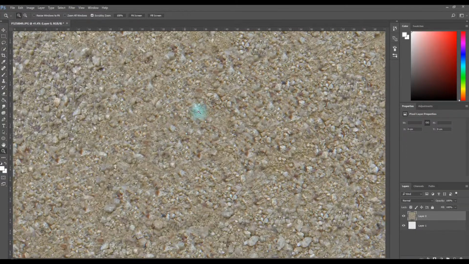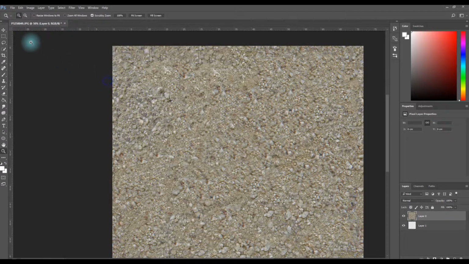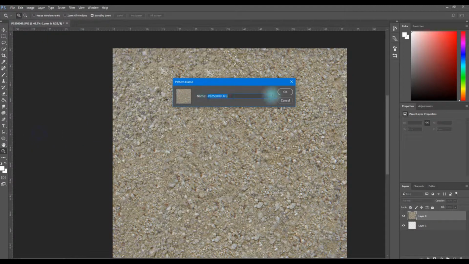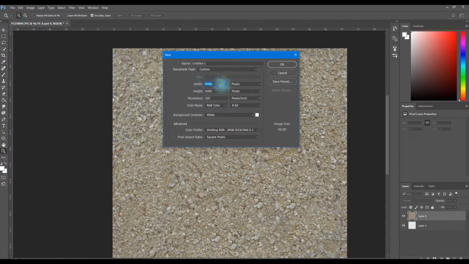So now it's pretty nice. So I want to test this out. So let's go to edit and define pattern and hit OK, and we can create new. I want a bigger space, twice times bigger,